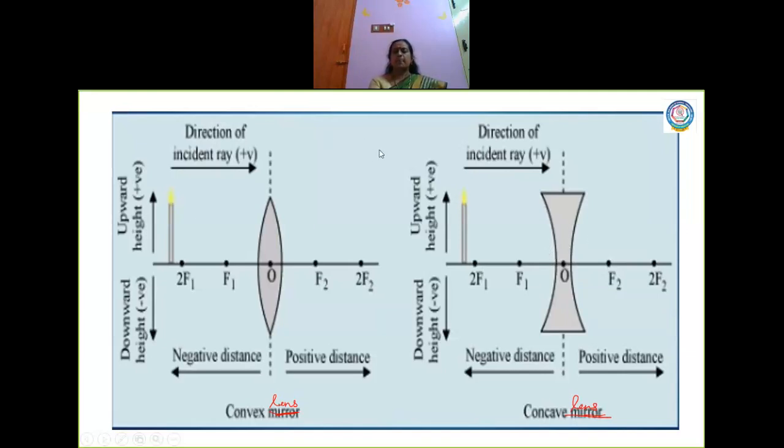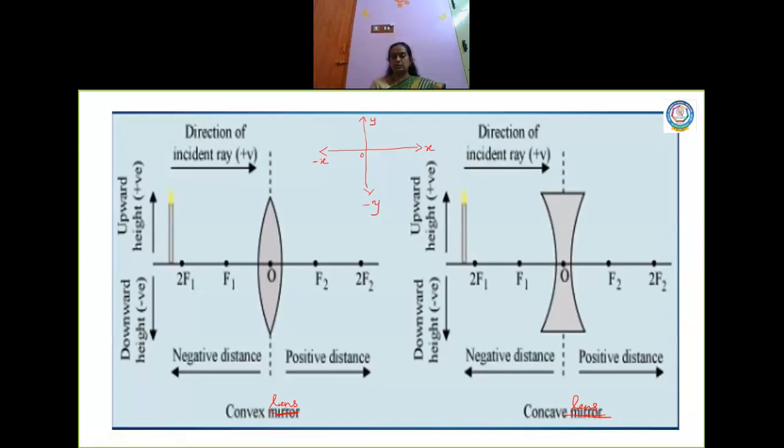Now hope you are very familiar with graphical representations. You would have done in your maths how to draw a graph, how to plot points in a graph. Now this is the origin of the graph. This is the positive x-axis. Now this is the positive y-axis. When you come to the left side, you take it as minus x, and down you measure as minus y. Now you know how to plot a point here.